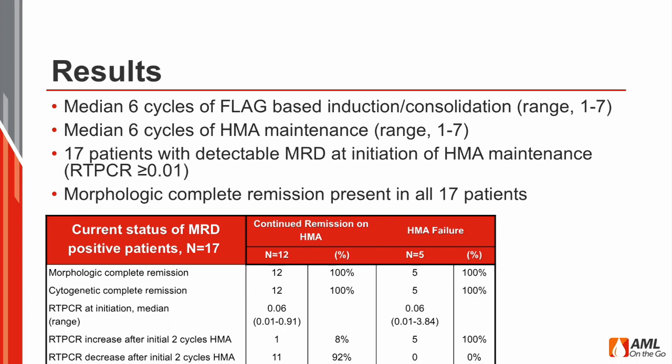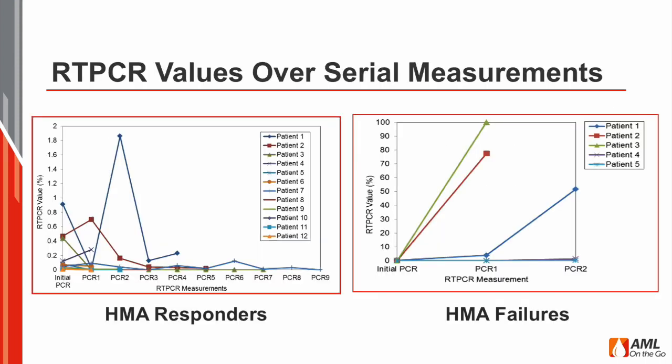For all patients, including the 17 of interest, all were observed to be in complete morphologic remission. Patients were further classified as responding to HMA maintenance or failing HMA maintenance. Failure was assigned if the patient was taken off HMA therapy for evidence of disease progression. Here you see the RT-PCR values over serial measurements for the HMA responders on the left and HMA failures on the right. Of these 17 patients, 5 patients had progressive disease post-HMA initiation, including 1 with translocation 8;21 and 4